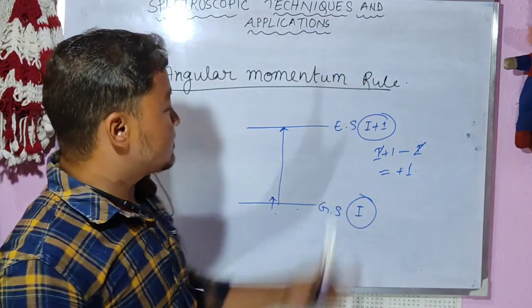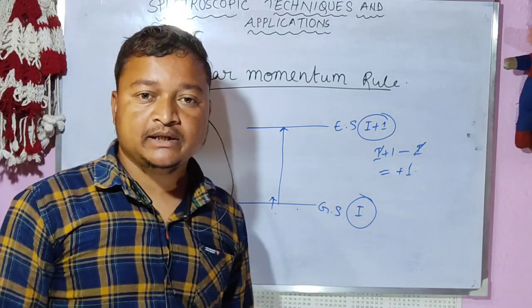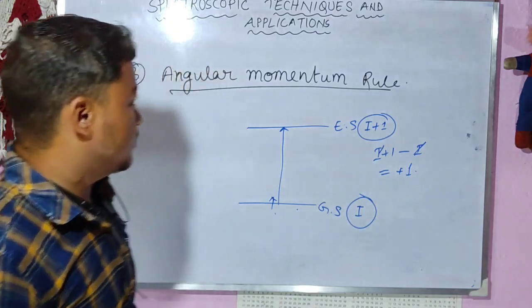In the next class we will discuss electronic spectroscopy, that is UV visible spectroscopy, and